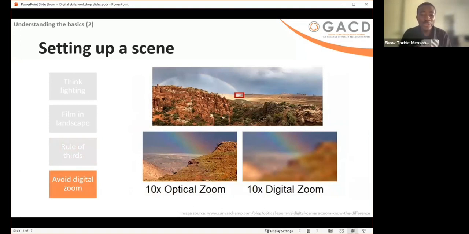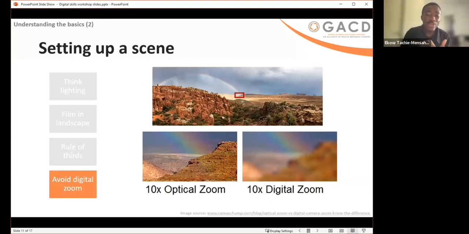So you know how you zoom to make things closer or further away. But if you use the digital zoom on your phone, for example, it makes your video very fuzzy and unclear, like a blurry picture, because you are working with a fixed number of pixels. So enlarging the overall image results in a lower pixel density, which will cause a loss in detail. So the result is a larger image, but at a reduced detail.